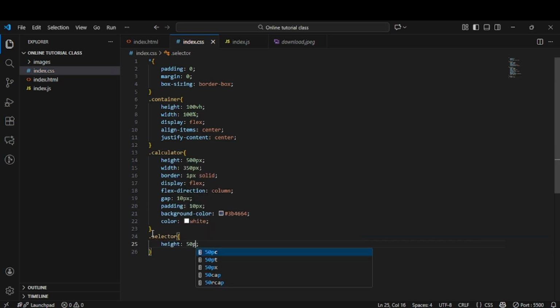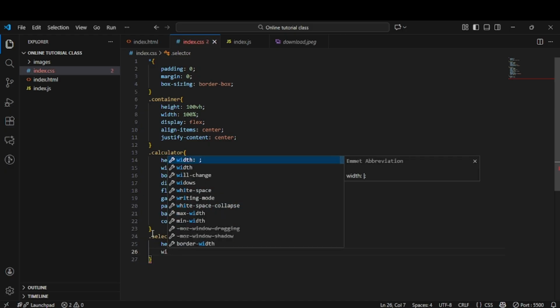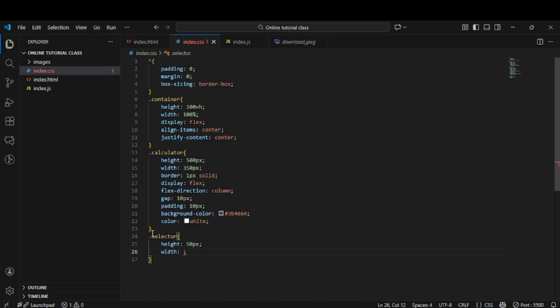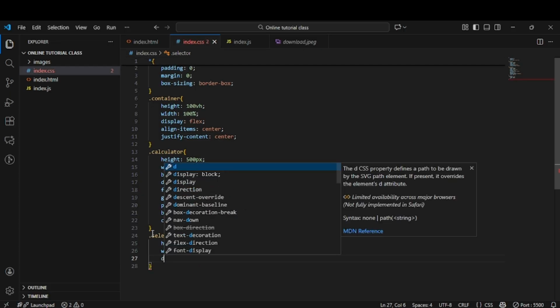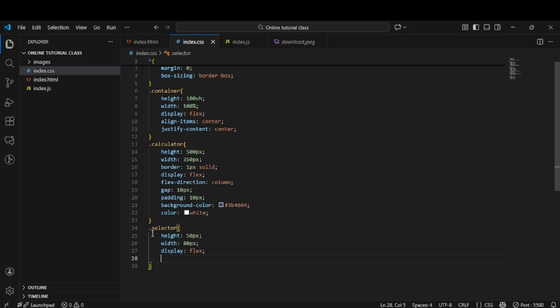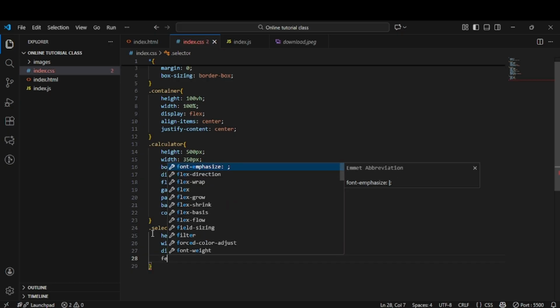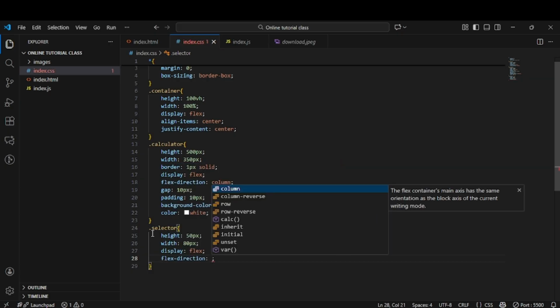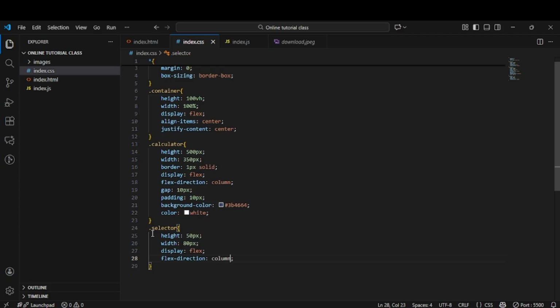Let's give it height of 50 pixels, width of 80 pixels, display flex, then flex direction column,